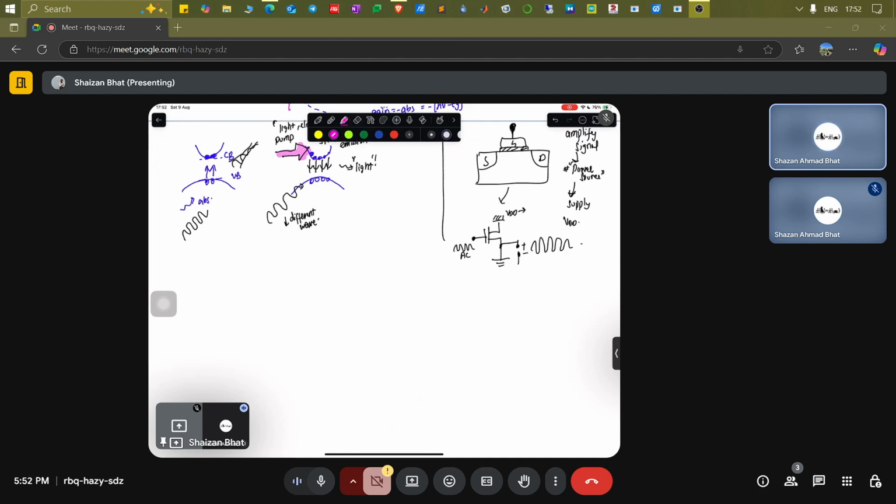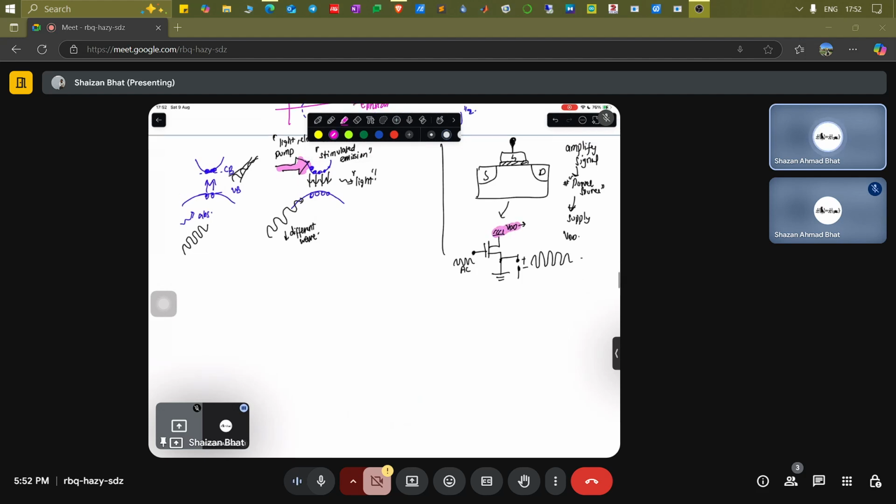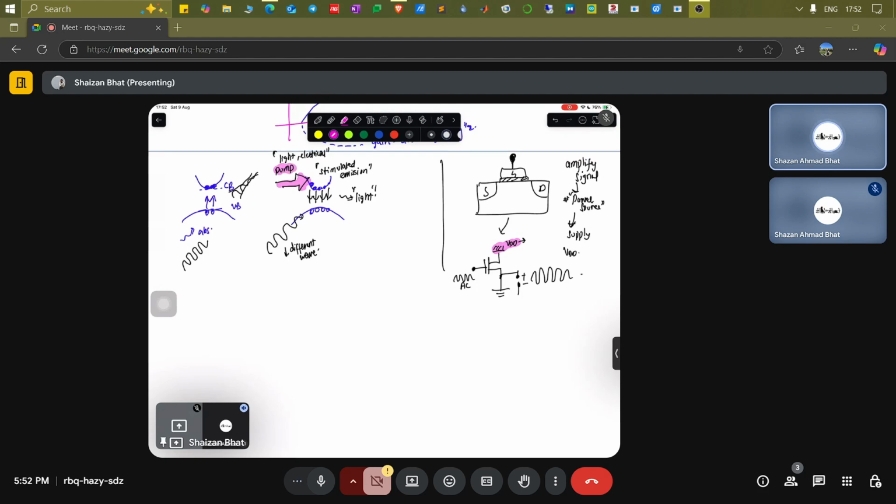But where does the power to amplify the signal come from? It comes from VDD. Similarly, this pump here acts like a VDD. It acts like a source. This here is like an input AC signal, and the output you get is an amplified signal. So it increases exponentially as e to the power alpha x. This one is e to the power minus alpha x, and this one is e to the power alpha x, and it is basically amplifying.